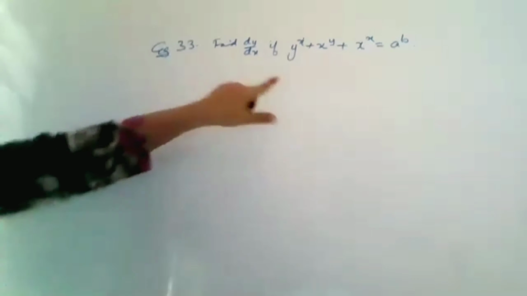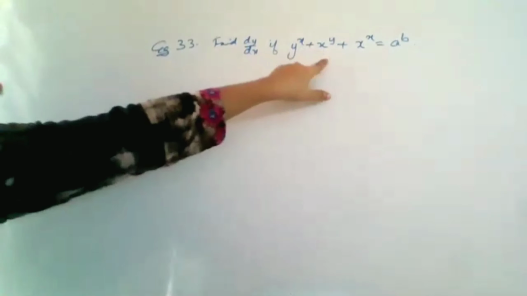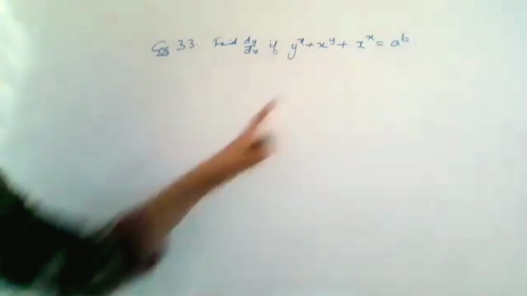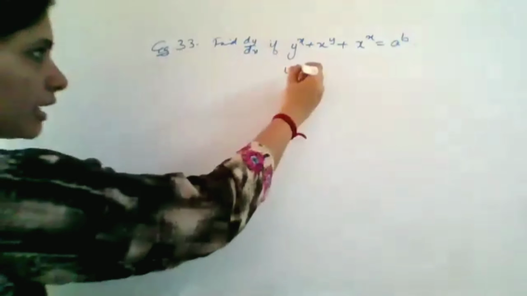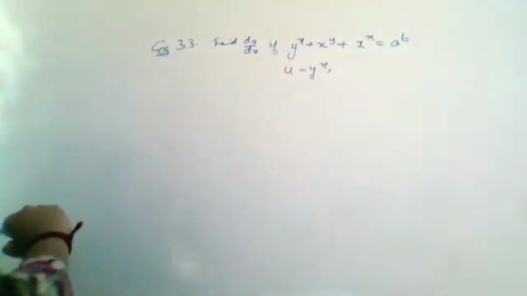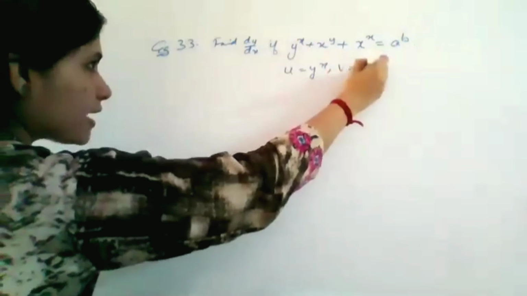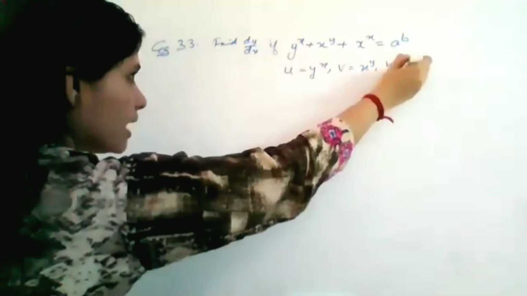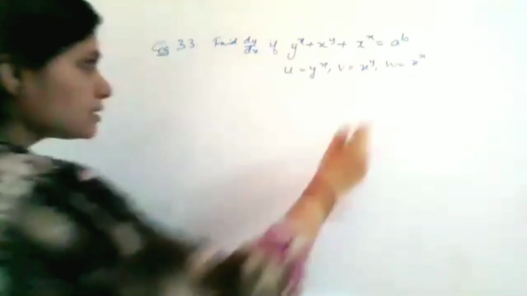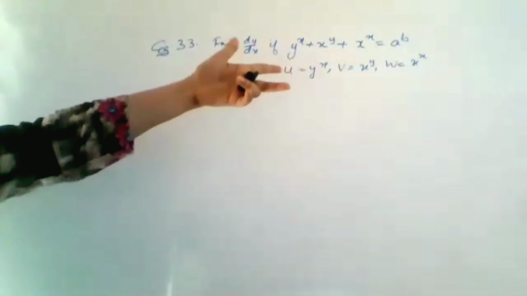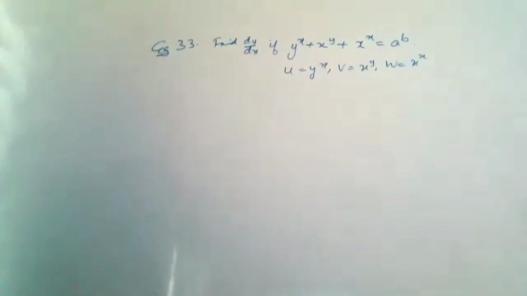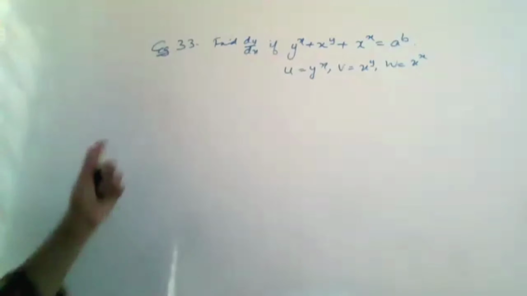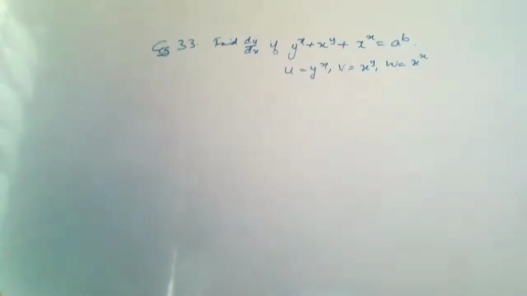So what we are doing is we are taking this as a variable, this another variable, third variable. Suppose you are taking u as your y raised to x, v as your x raised to y, and w as your x raised to x. The other thing, if you want, you can take, because the derivative of that will give you 0, because a and b both are constants. No function of x or y is there. So the right hand side will become 0 while taking the derivative.